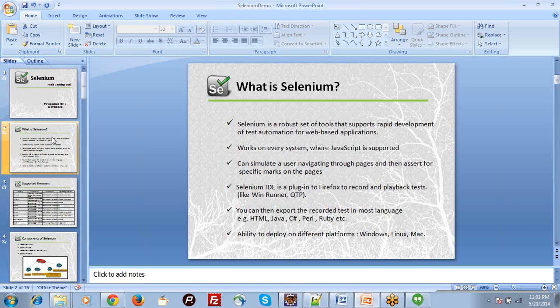It can simulate a user navigating through pages and then assert for specific marks on the pages. So it can automate navigating through the pages. That means if you click on the link, it will open some new page, right? It will open some next page. In such cases, these kind of actions you can simulate through Selenium. That means you can automate it through Selenium. And after opening the page,